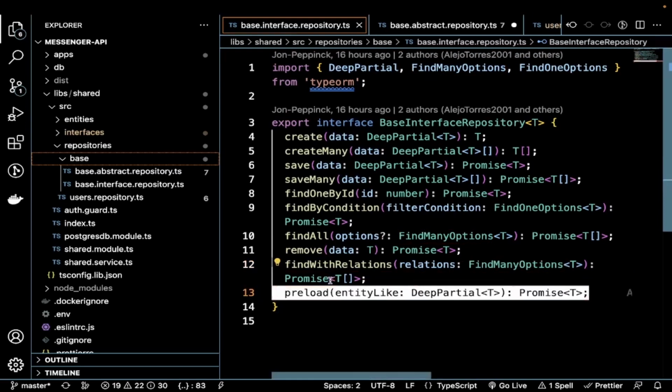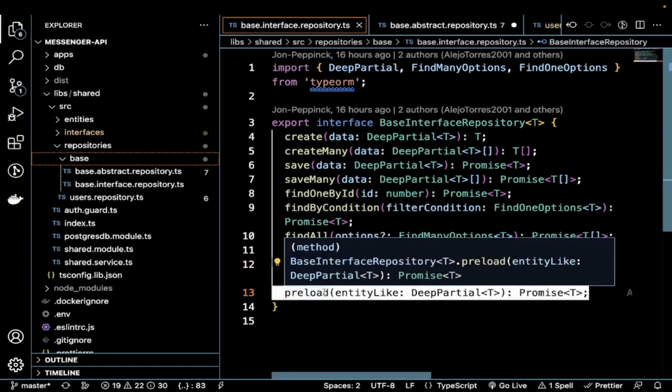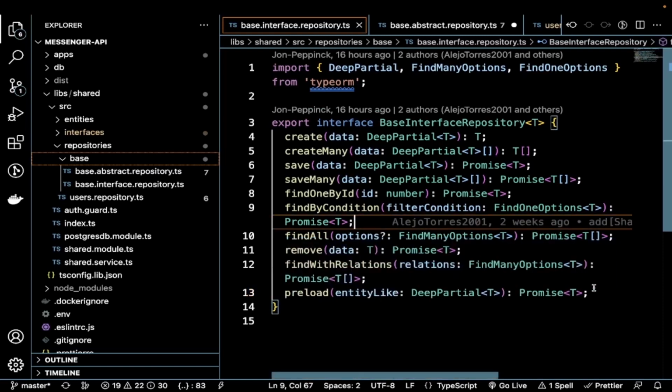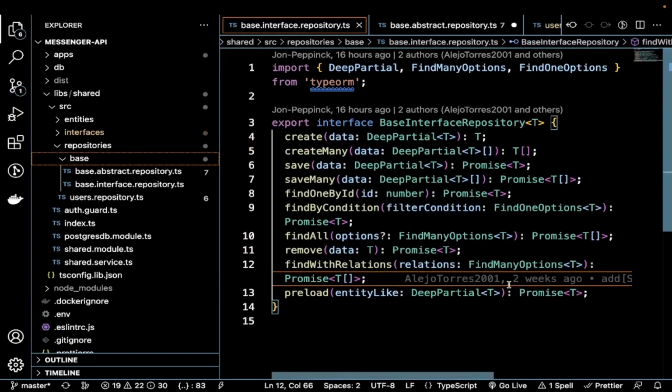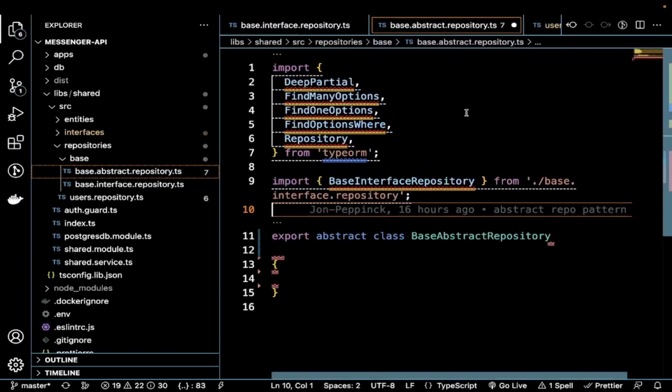And preload. So you can just preload the particular entities. So this is essentially the interface. This is just the signature for all of the methods that we're going to use. And the actual connection, let's say, to the ORM, or the actual coupling to the ORM, is done in this